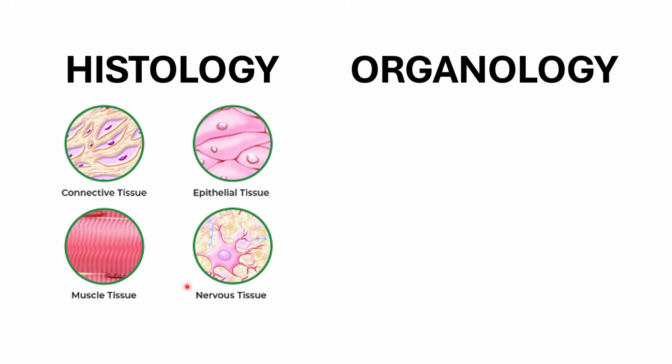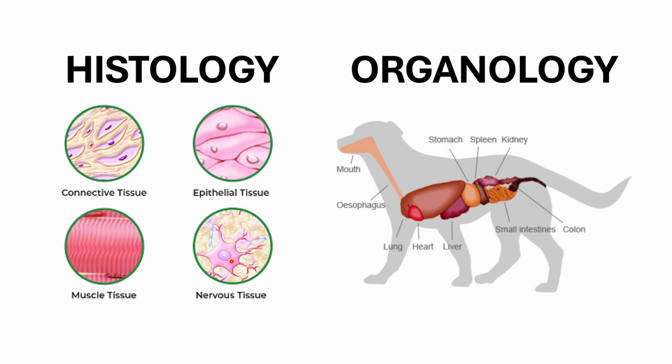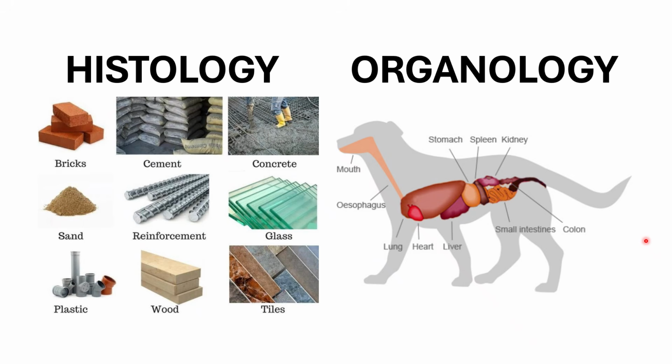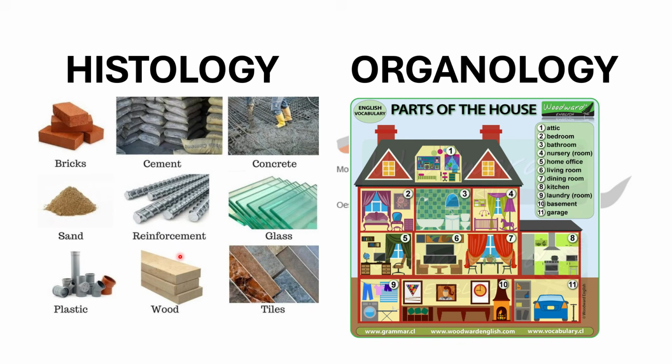We tried our best to become experts in identifying and describing the four different types of basic tissues. While in organology, our goal is to describe the structure and the function of each organ. Okay. So, as an analogy, for example, the histology talks about the building blocks, okay? And